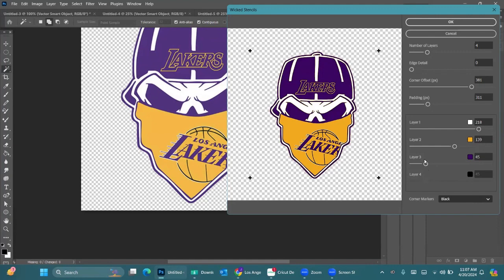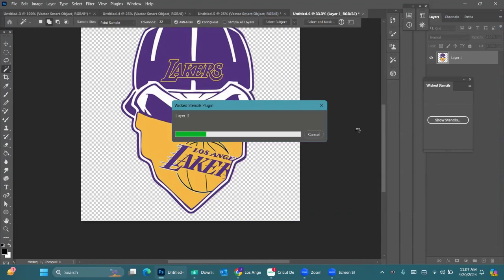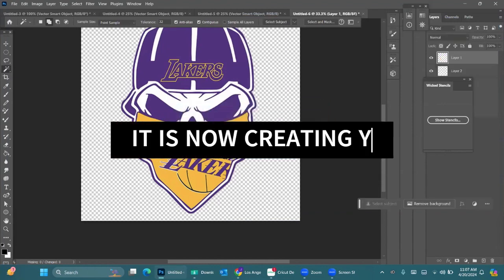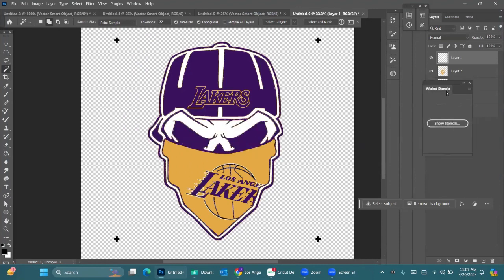45 is good too. Okay, if it looks good and it looks like the image that you want, because it can not look like it, so you need to make sure your numbers are in a good position, then you're going to push OK. Okay, it looks like it didn't do anything because we got it so close to the actual colors,